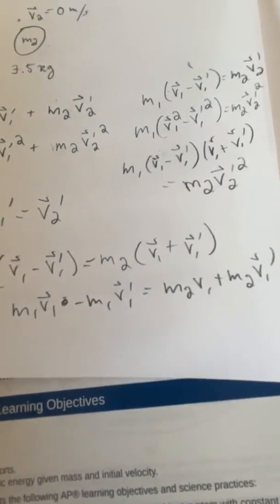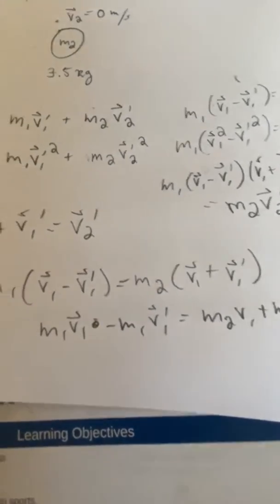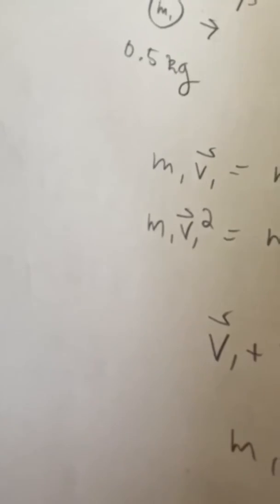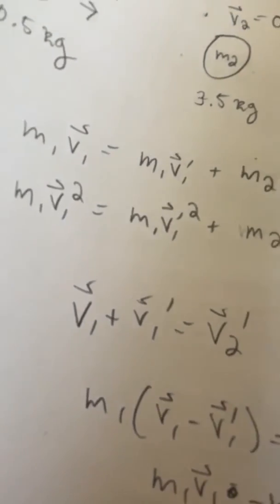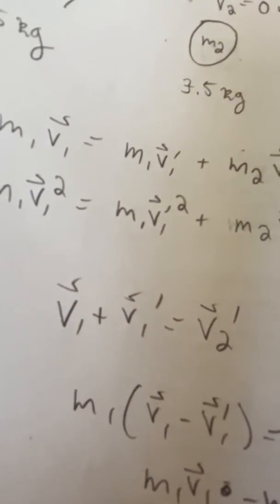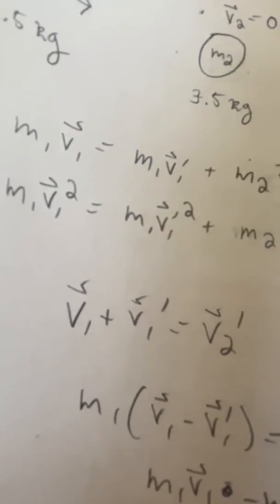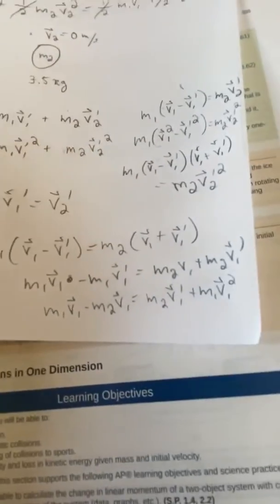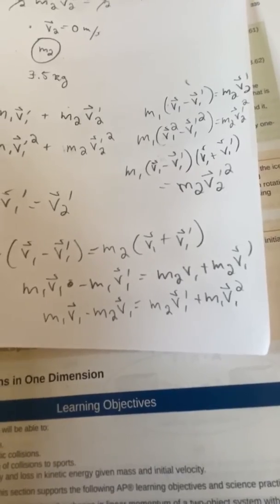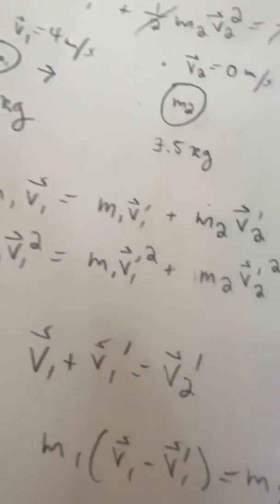So we'd have m1 v1 minus m2 v1 equals m2 v1 prime plus m1 v1 prime, okay? And then we can factor out a v1 prime,